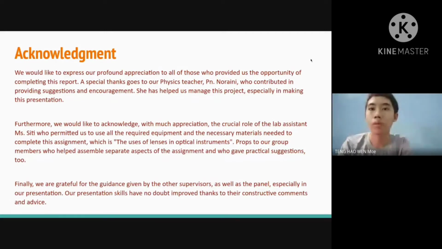Furthermore, we would like to acknowledge with much appreciation the crucial role of the lab assistants who permitted us to use all the required equipment and the necessary materials needed to complete this assignment, which is the use of lenses in optical instruments. Props to our group members who helped assemble separate aspects of the assignment and who gave